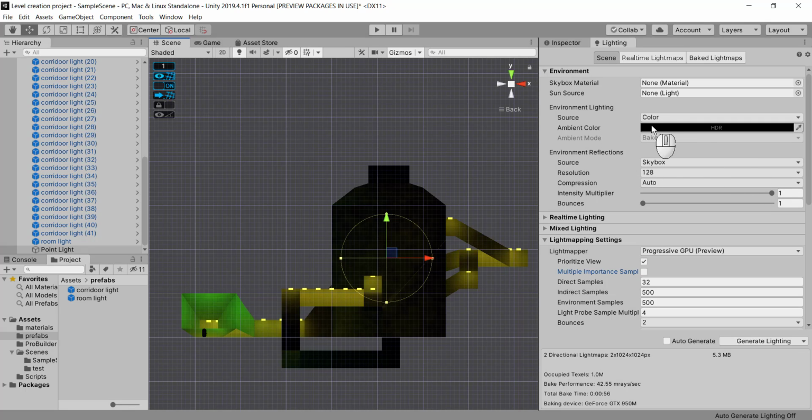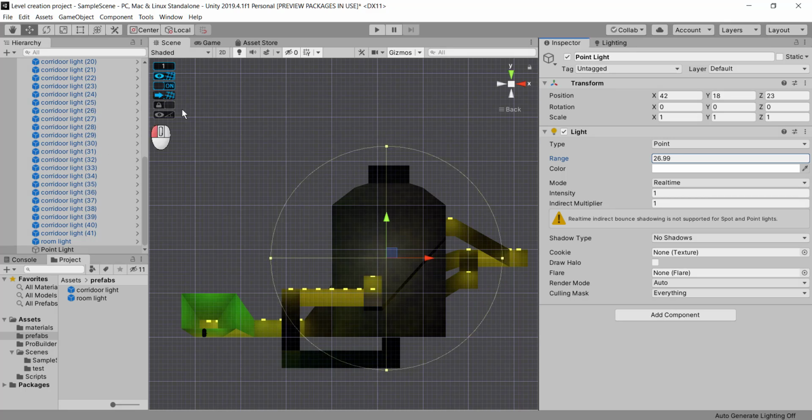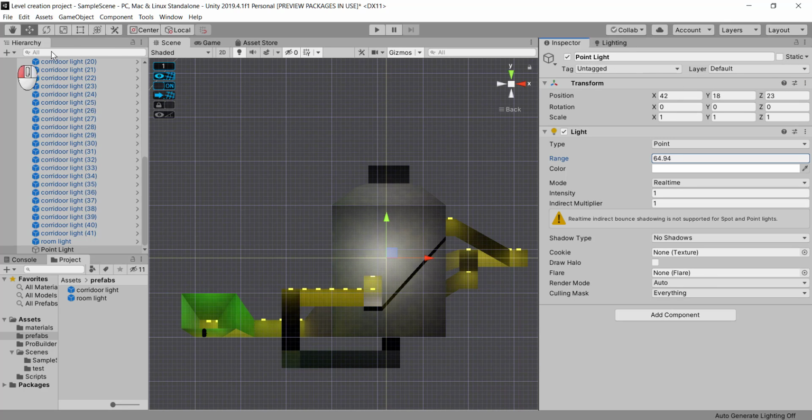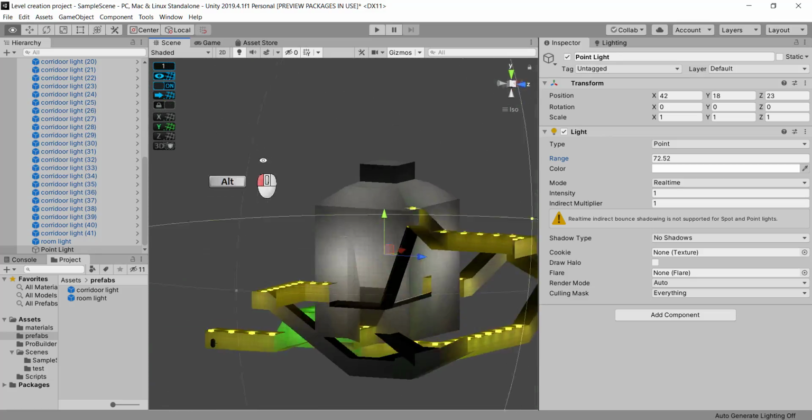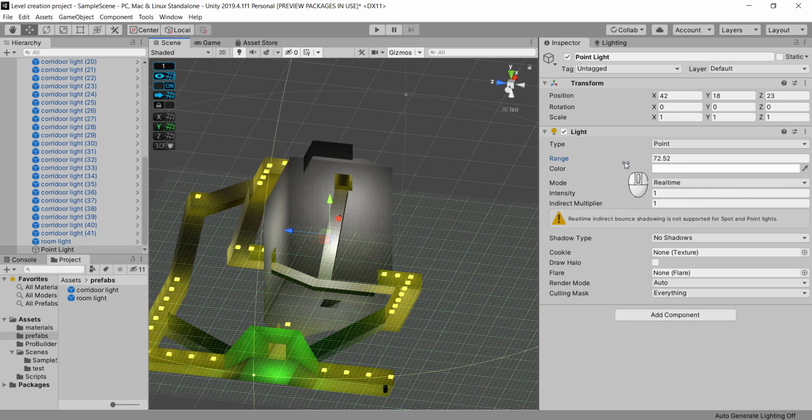Let's keep our color as it is in our inspector and keep increasing the range. Okay, now you can actually see the interior of our arena,